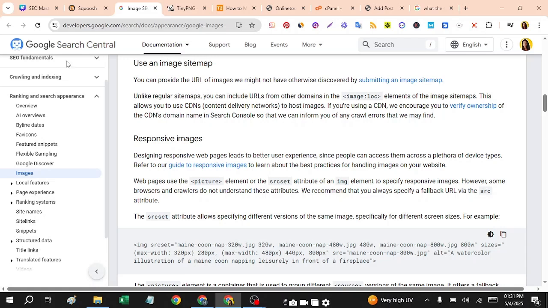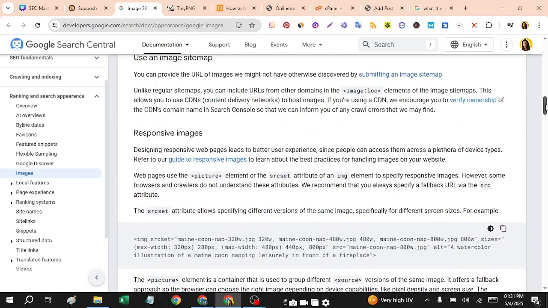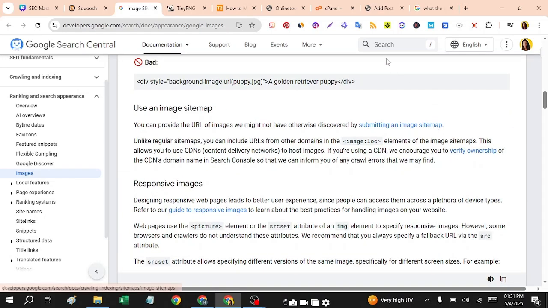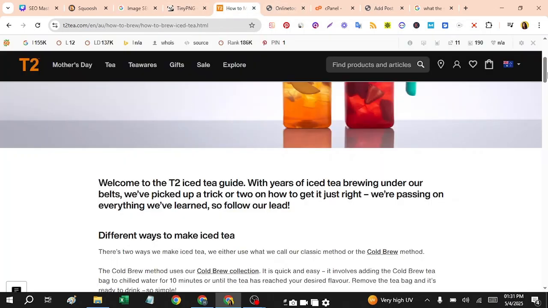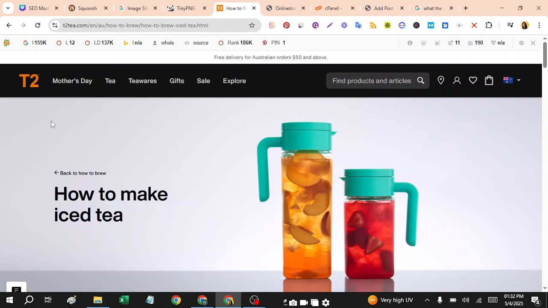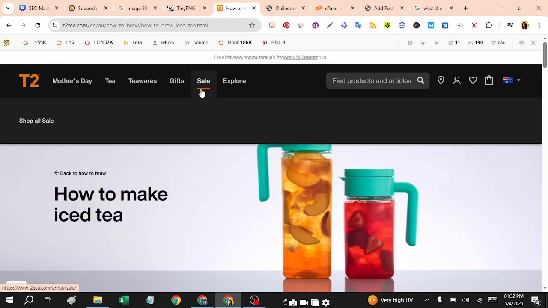The second point is to use an image sitemap. If you don't know about sitemaps, I covered this in the Google Search Console video, so check it out there. A sitemap is actually the structure of the site. Let's say this is a site; these are the categories, these are the subcategories.